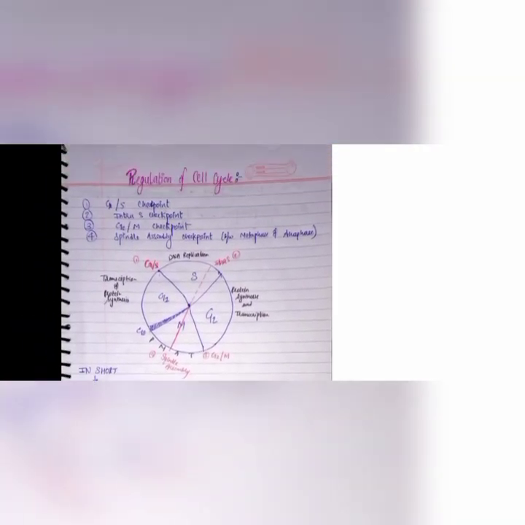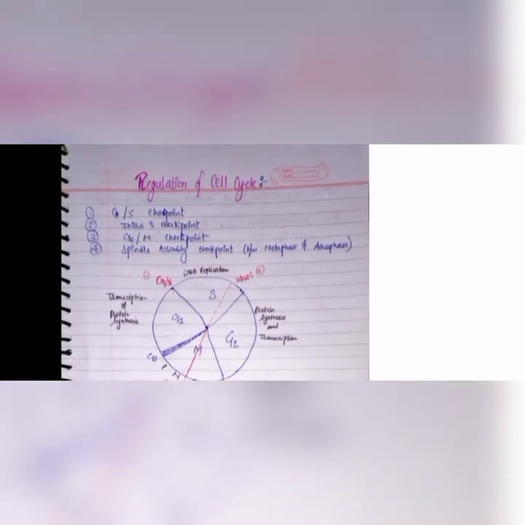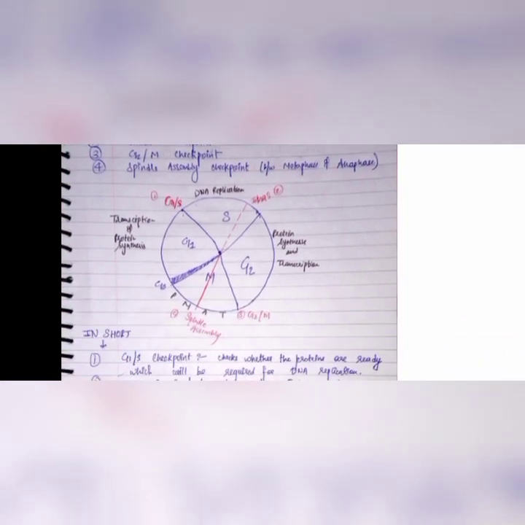Now we will talk about regulation of cell cycle. There are four checkpoints present in the cell cycle: G1/S checkpoint, intra-S checkpoint, and G2/M checkpoint, right? And the last one is the spindle assembly checkpoint, which is present between metaphase and anaphase. As you can see here,